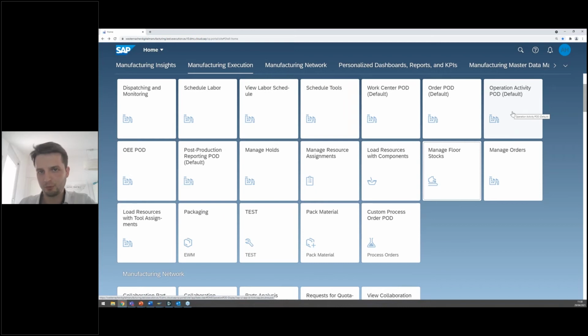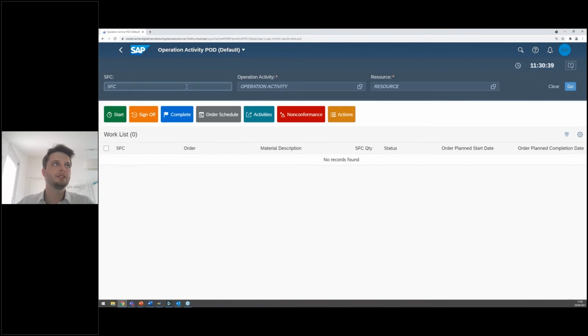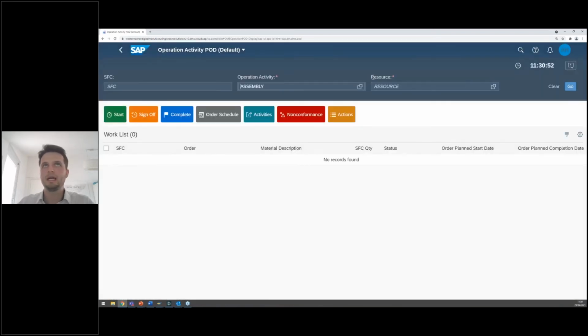But as I have said before, and as we will see later on, you can also design your own production operator dashboards. So if we go in here now, we can see, first of all, our filter options. We have the operation activity that is going to be performed, which in our case is the assembly, and we have the resource, so the machine or the equipment at which the